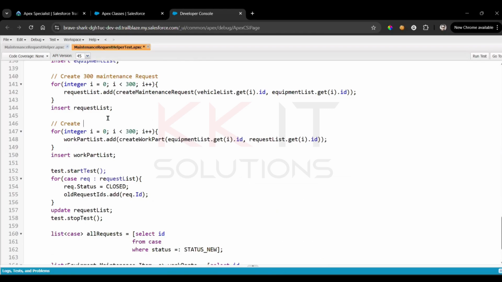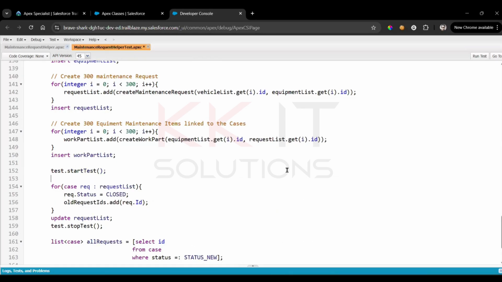Create 300 equipment maintenance items linked to the cases. Got a point? We are starting the test. Got it. Next,